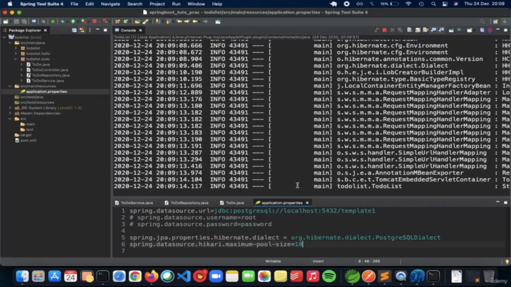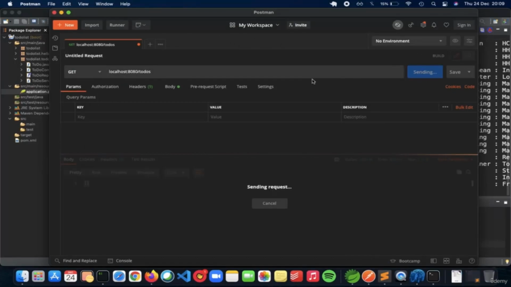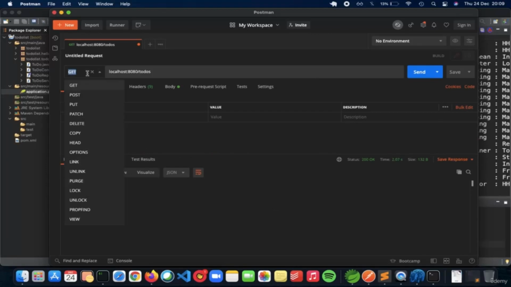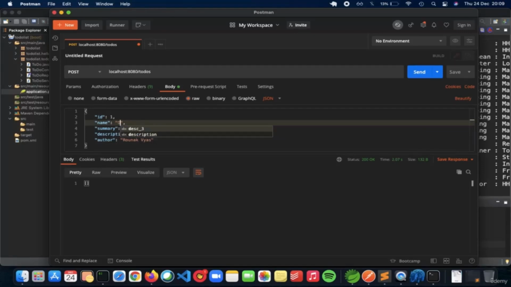So now to check whether our database is working or not, go to Postman, do a get of to-dos, which should give us an empty list for now. So as you can see, an empty list. So let's add some data. So do a post body. I will give the ID as 1. Let's have the task as do LeetCode every day,